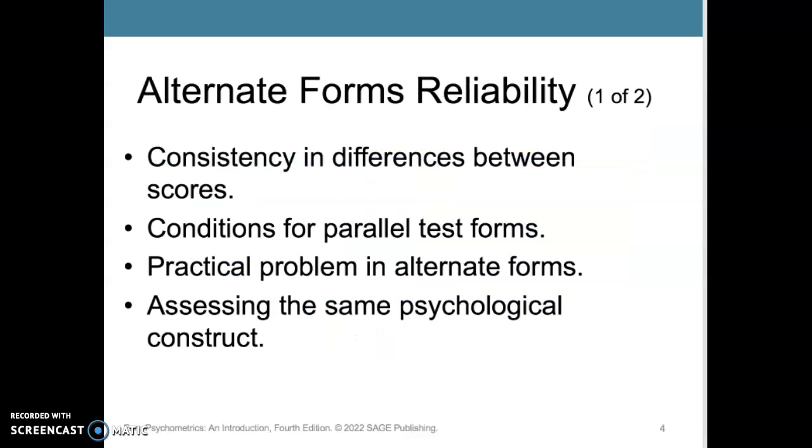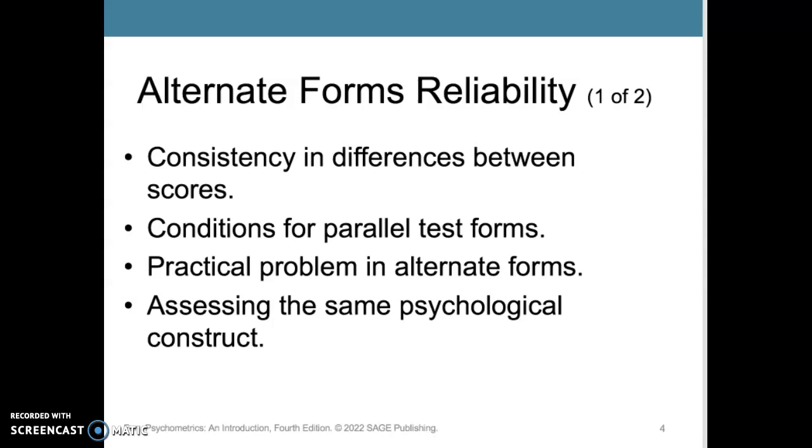So let's talk about parallel test forms and what practical problems we might see, right? So if you use two tests and you want to figure out the reliability by computing a correlation between the scores, right? That could give you an indication of the reliability, but it's only accurate if the test forms are really parallel. So what does that mean, parallel? It means that the two forms are measuring identical test scores and have the same amount of error variance, right? So if that's true, then the correlation between the two parallel tests is exactly equal to the reliability